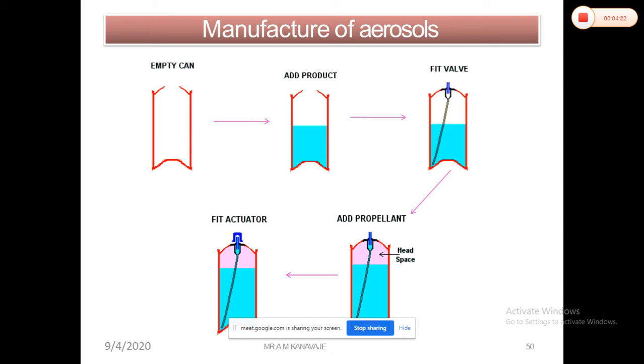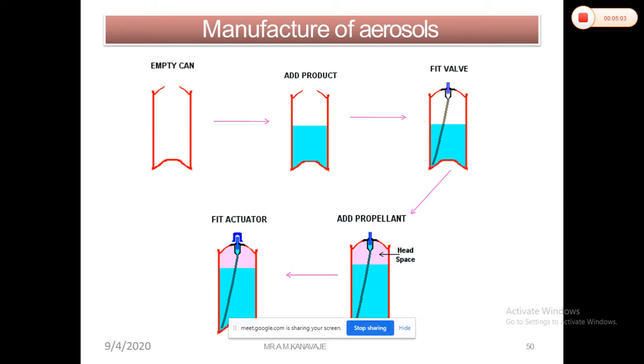First, there is an empty can that we have to take. We have seen the procedures to prepare the empty can, right? We have seen the videos also of how the aerosol cans are prepared: body part, top part, and the bottom part, and how they are soldered with the help of soldering machines. Then in that empty can, you have to first incorporate whatever the product concentrate is. Or sometimes you can add the product concentrate in your propellant form and add that in this particular empty can.